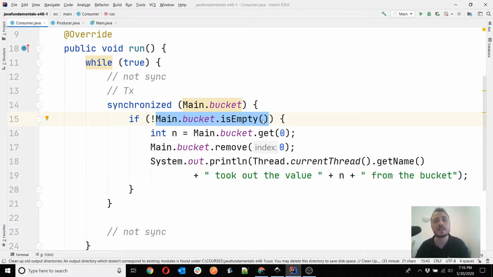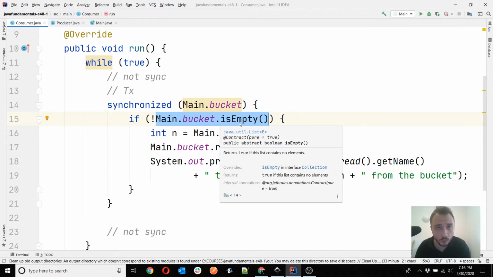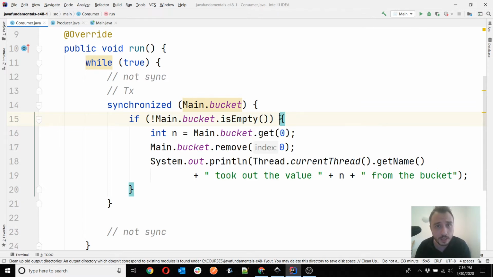If you keep the same thread for 5 seconds executing this condition, would it make any sense? Well, not really, because if the condition is false, which means that the bucket is empty, and you leave the consumer retesting the same condition, will the bucket ever have at least a value? No, because the consumer doesn't add values.